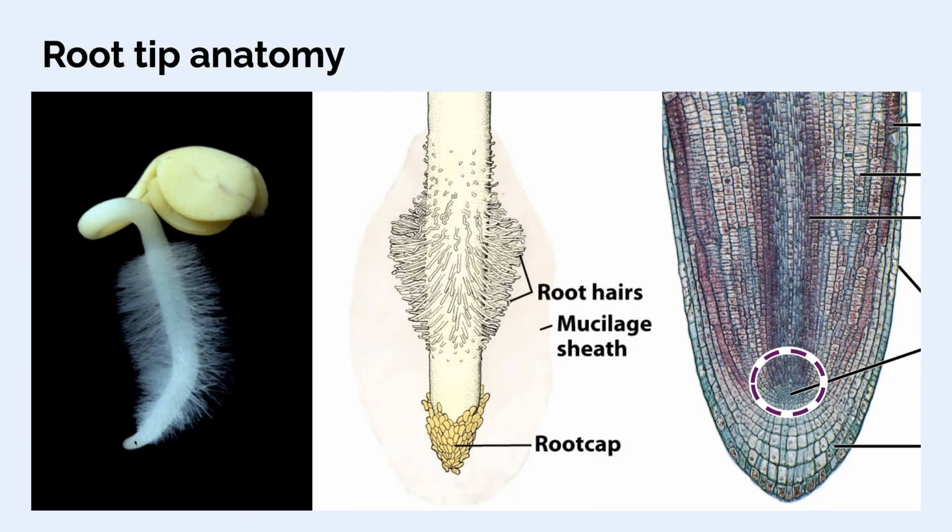And then just beyond that, the hairs are, you can see they're kind of starting small and then getting bigger. So you can kind of see progression through time. Early on, not quite a zone where there are root hairs being produced. But then after that, the root hairs grow out. And at this point, this is the transition between a root, and this is actually a portion of the stem,